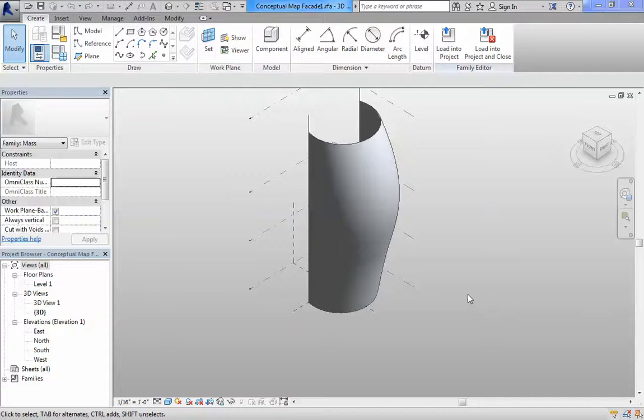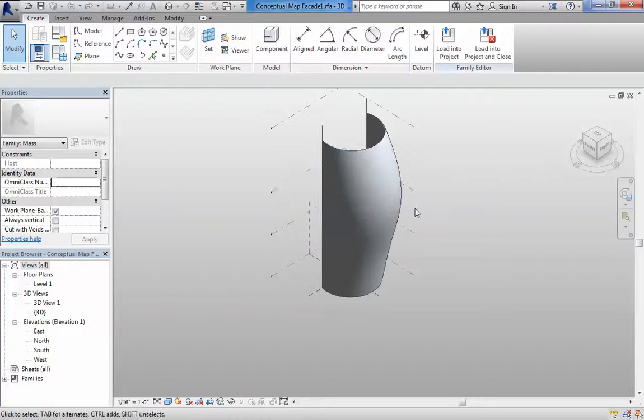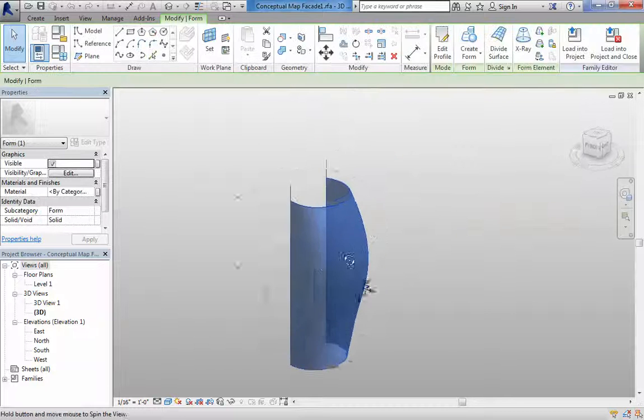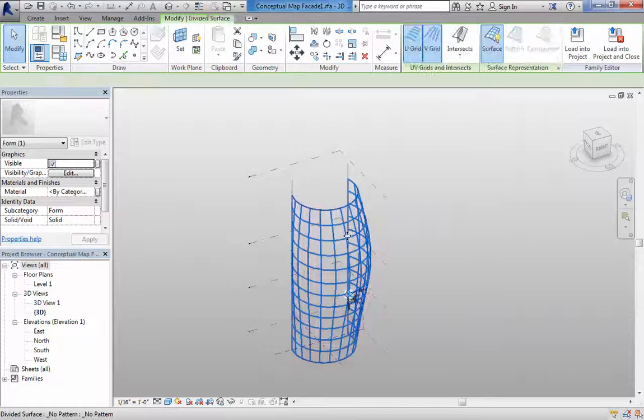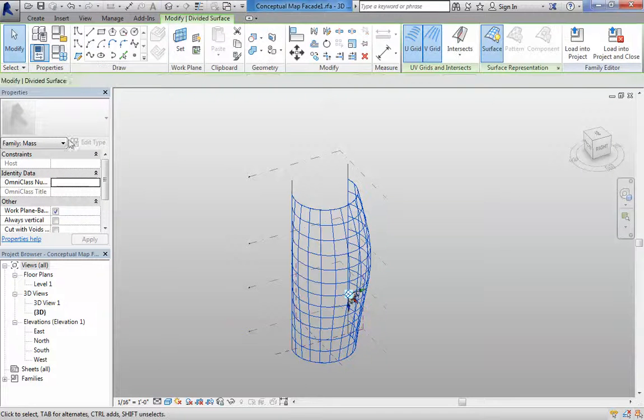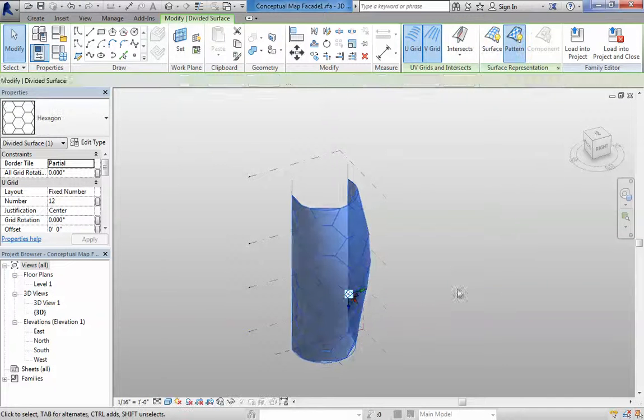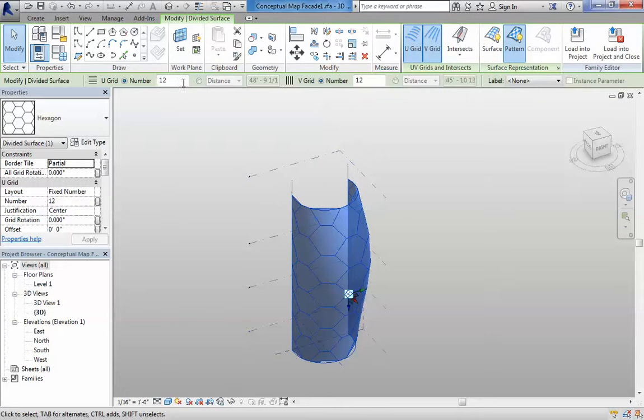Okay, last option is hexagon. It's an example of, and I'm gonna select the conceptual mass face. I'm gonna divide it. I'm gonna select the grid, and I'm gonna make it in this case hexagon, for example. Again, you can change the distance to be every 10 feet, not 106, 10 feet,